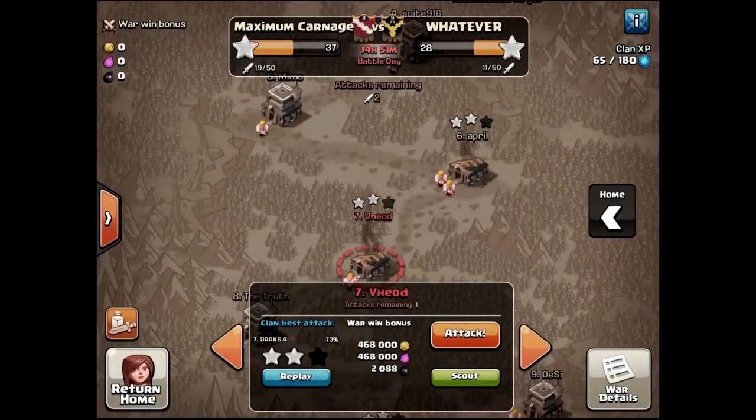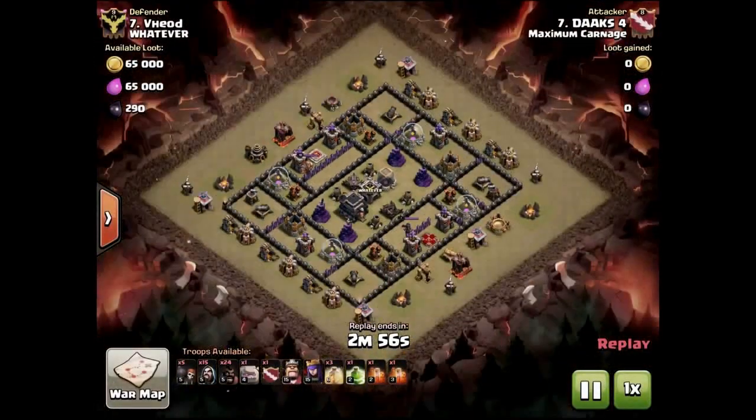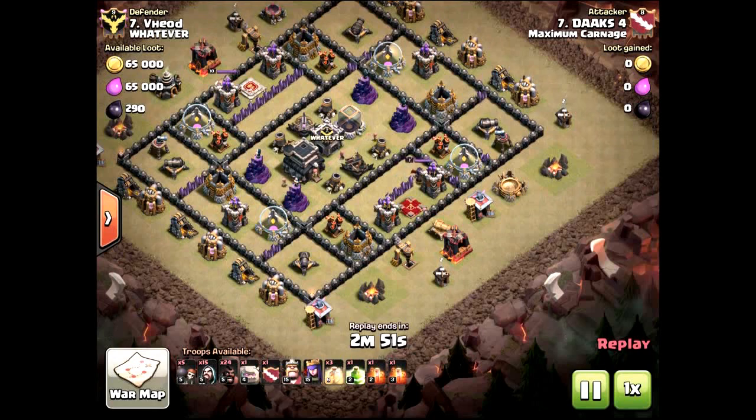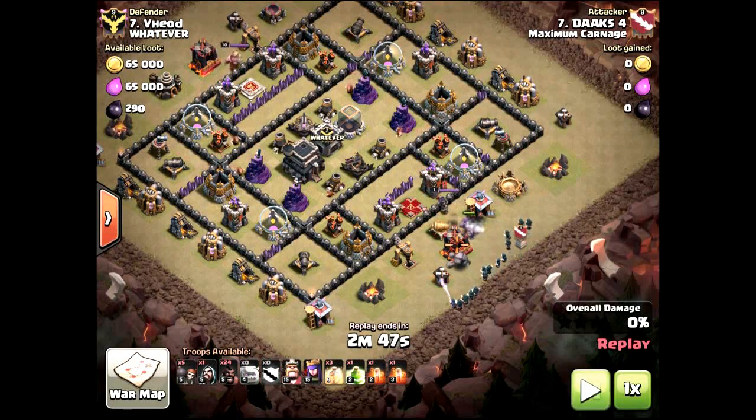All right, so we've got Dax on 7 here. So this is going to be a go-ho attack, and on this go-ho, he's going to be attacking the queen, fresh hit, so he doesn't know if there's any bombs. You can see immediately here